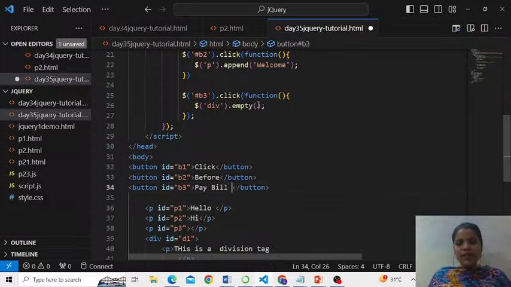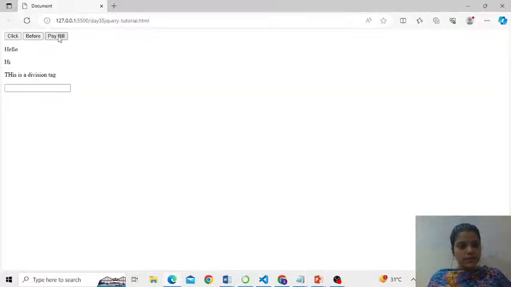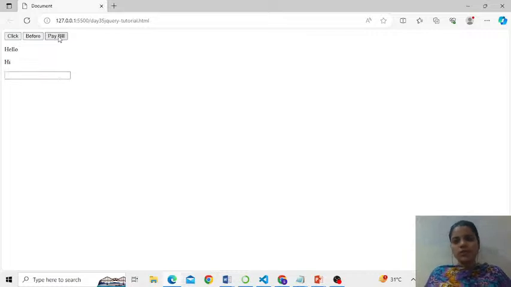Okay, pay bill. Assuming that bill will be paid after clicking this button. Once the bill is paid, the cart should be empty. Cart should not be deleted. It should be just empty. So if I could come here and if I say, the effect scene is almost same, but the element still